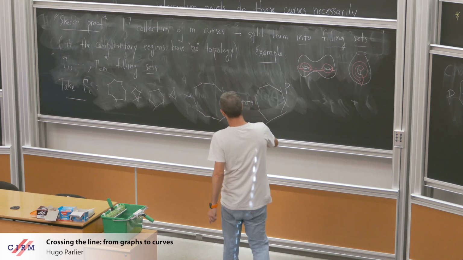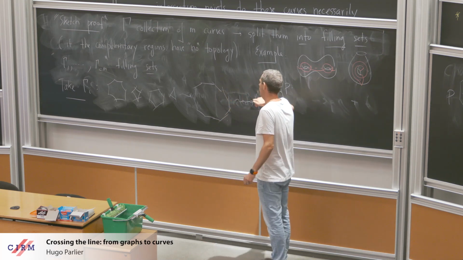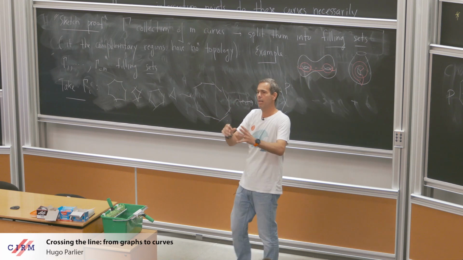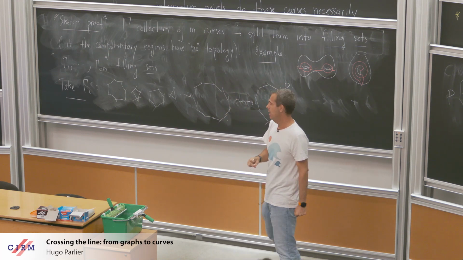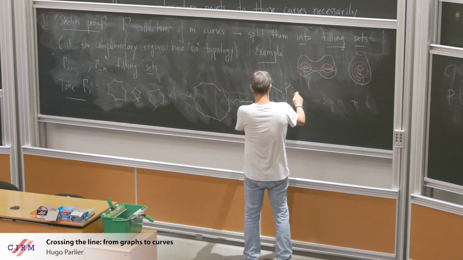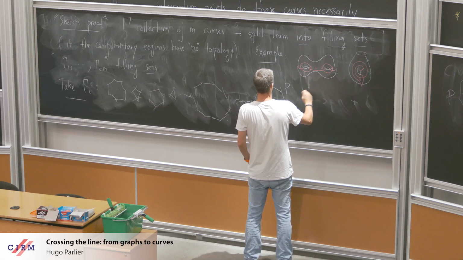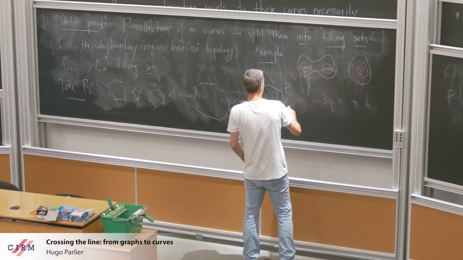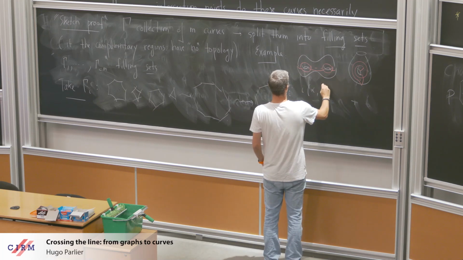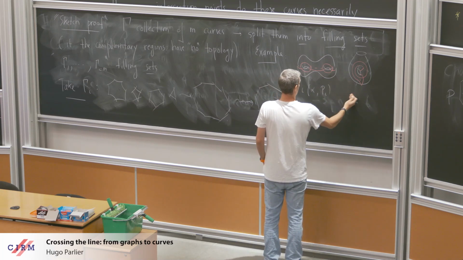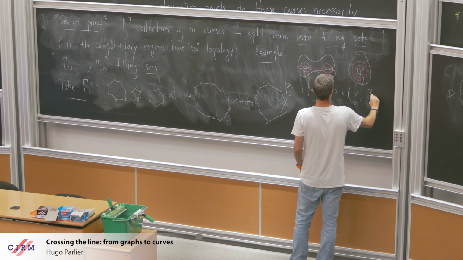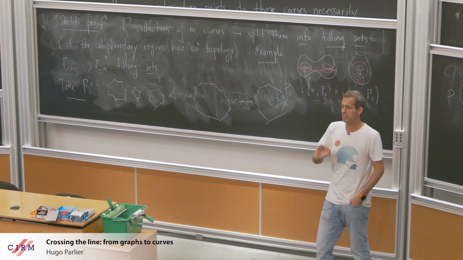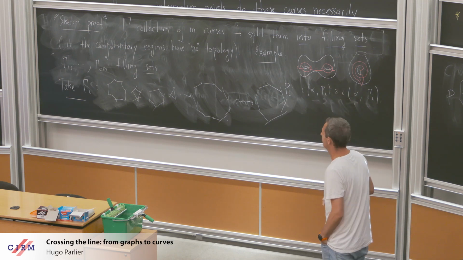There we go. All right. And so here again, I'm being a little bit cheeky, but the point is that I can break this down. I take this filling set, and I construct a standard polygon for my surface from this filling set. And the reason I have this polygon is that the intersection with this polygon, I'm going to denote it pi, the intersection between a curve and this polygon is going to be greater or equal than the intersection of this curve with my filling set. This is the key property that I want.